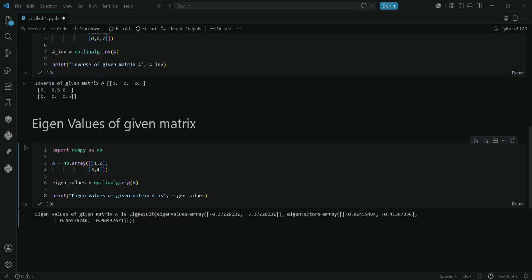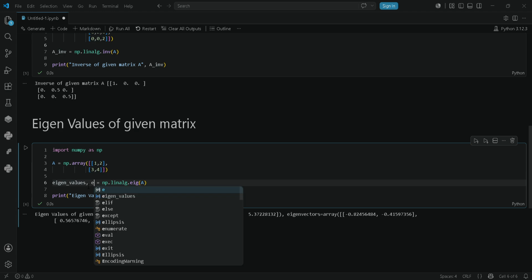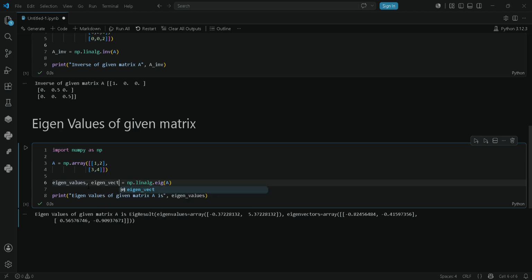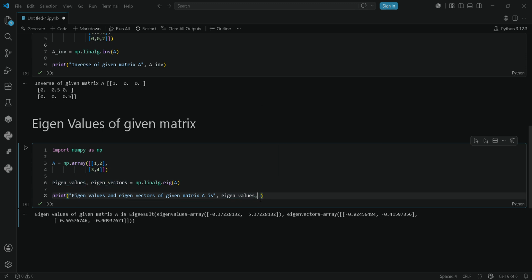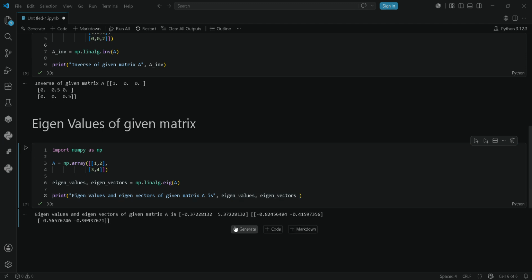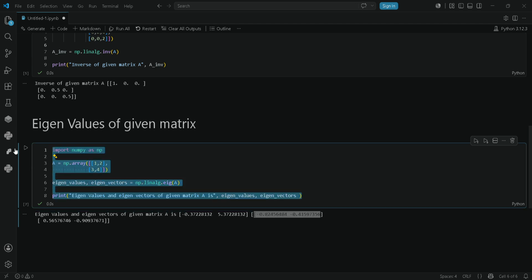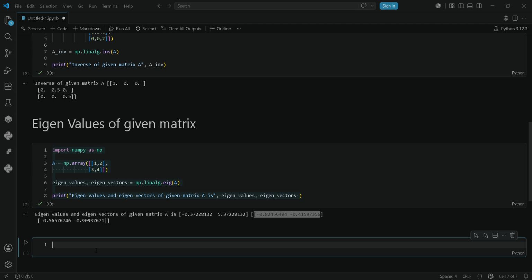And we can assign this as eigenvectors, and we easily get the eigenvalues and eigenvectors. So these two are the eigenvalues and these are the eigenvectors, and to simplify it, let's take this simple matrix,